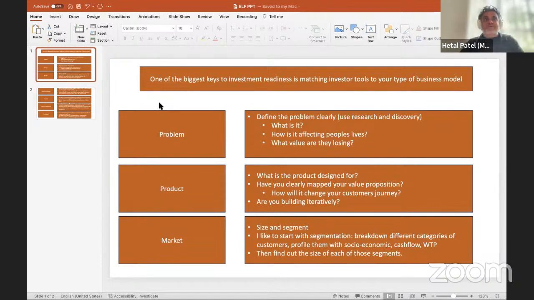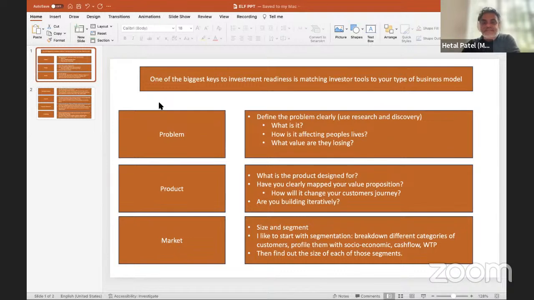And so there's a piece of it that is iterative, but at least having that discipline and rigor to have a loop that says, okay, problem, product, and then what I'd like to really, and this is, again, sections from our investment memo. So I'm very clearly, trade transparent. This is how we look at